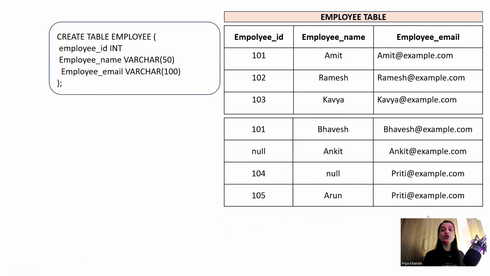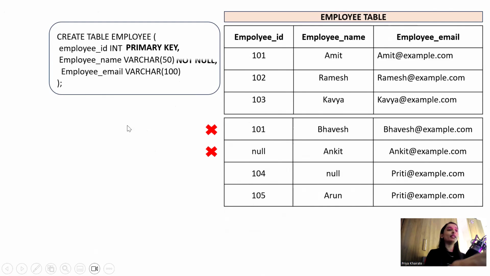So if you want your DBMS to stop us while inserting this invalid data, then we will use constraint. So let's say for employee ID, I have used primary key constraint. Then what will happen? This row it won't allow because primary key is a combination of unique. So unique values must be present. If you insert duplicate, it will give you warning. Next, null values are also not allowed because primary key is a combination of unique plus not null. Okay, next. What about 104? Allowed. 105 allowed because they are unique and they are not null.